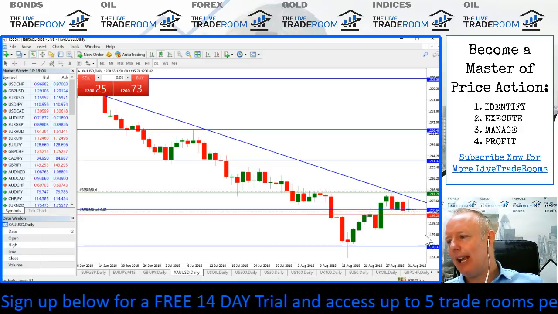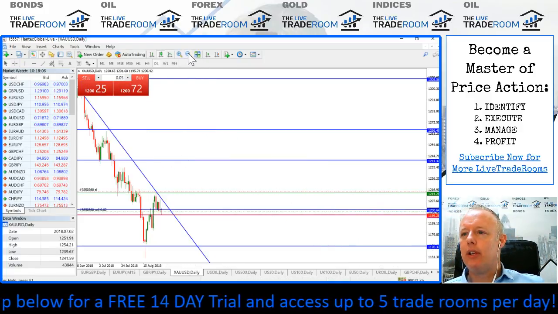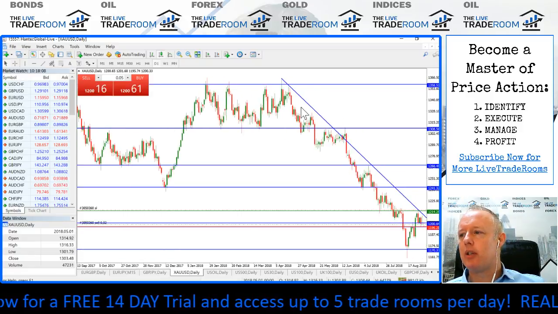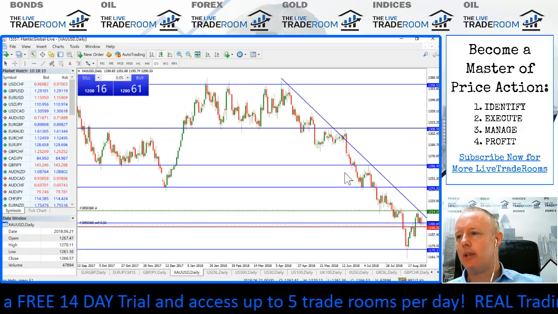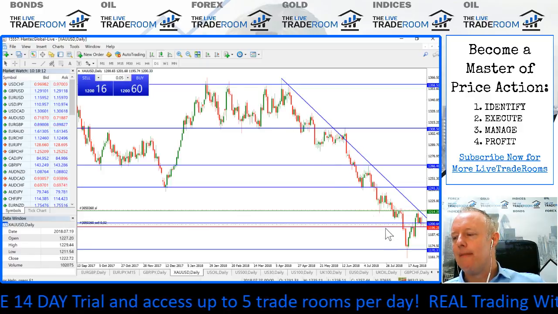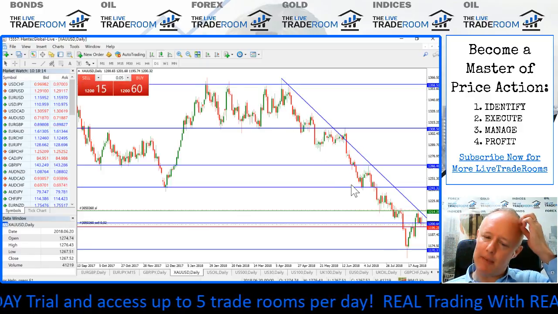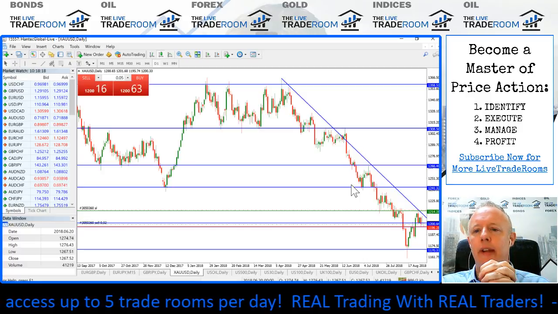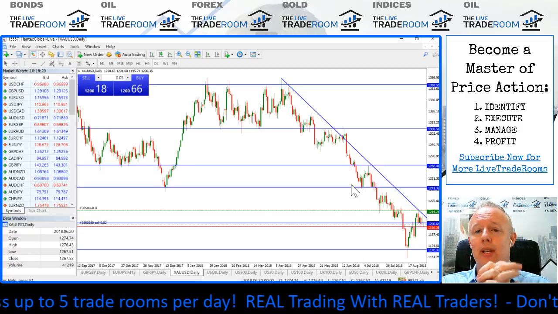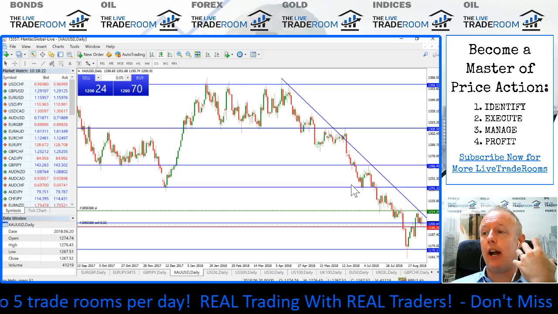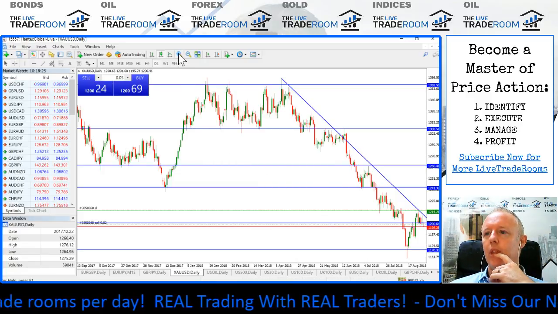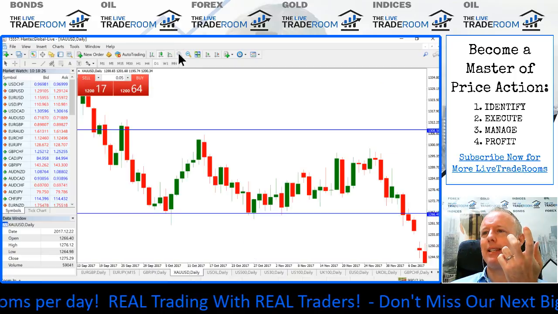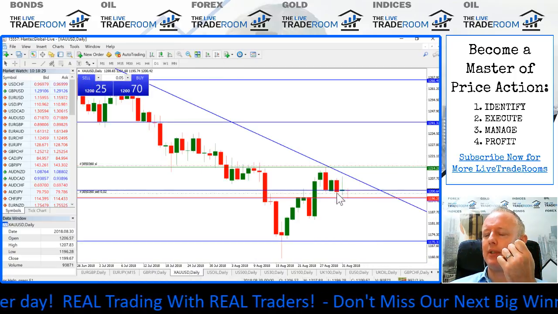We're still likely to get a rollover to the downside, and the reason why we've got a bearish bias on this is previous price action. Becoming a master of price action needs you to determine what direction the market is moving, and then look for the opportunities to get in line with that thinking. So looking for an opportunity to sell, which is why we're looking to get into this on a daily time